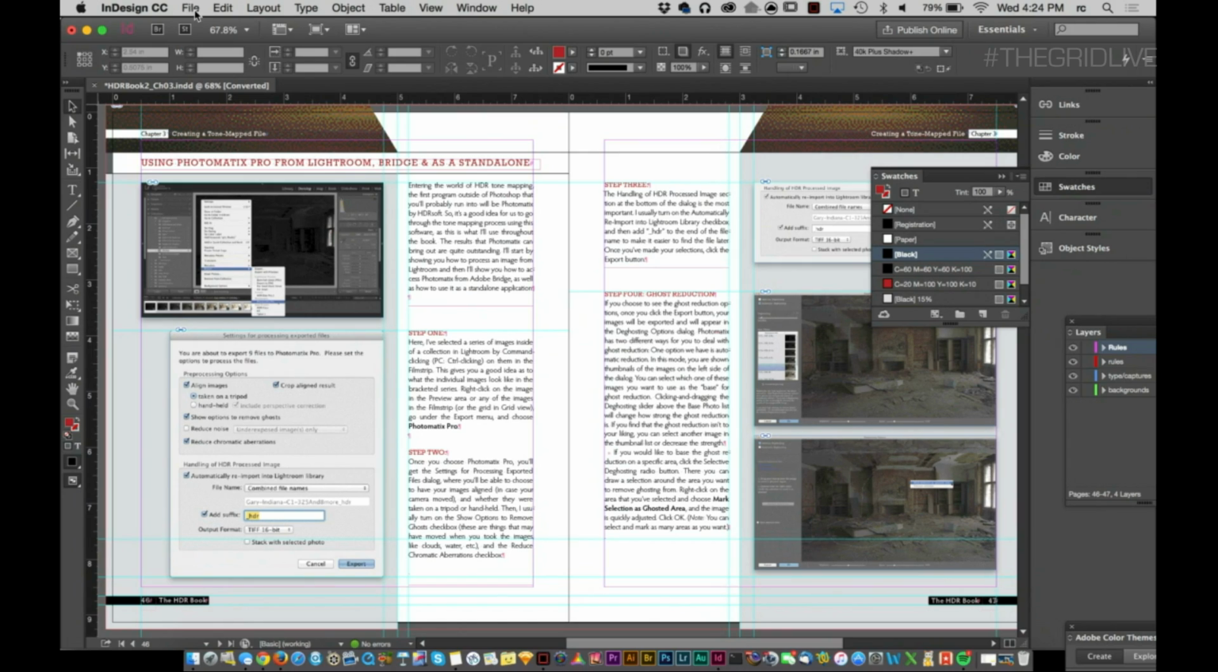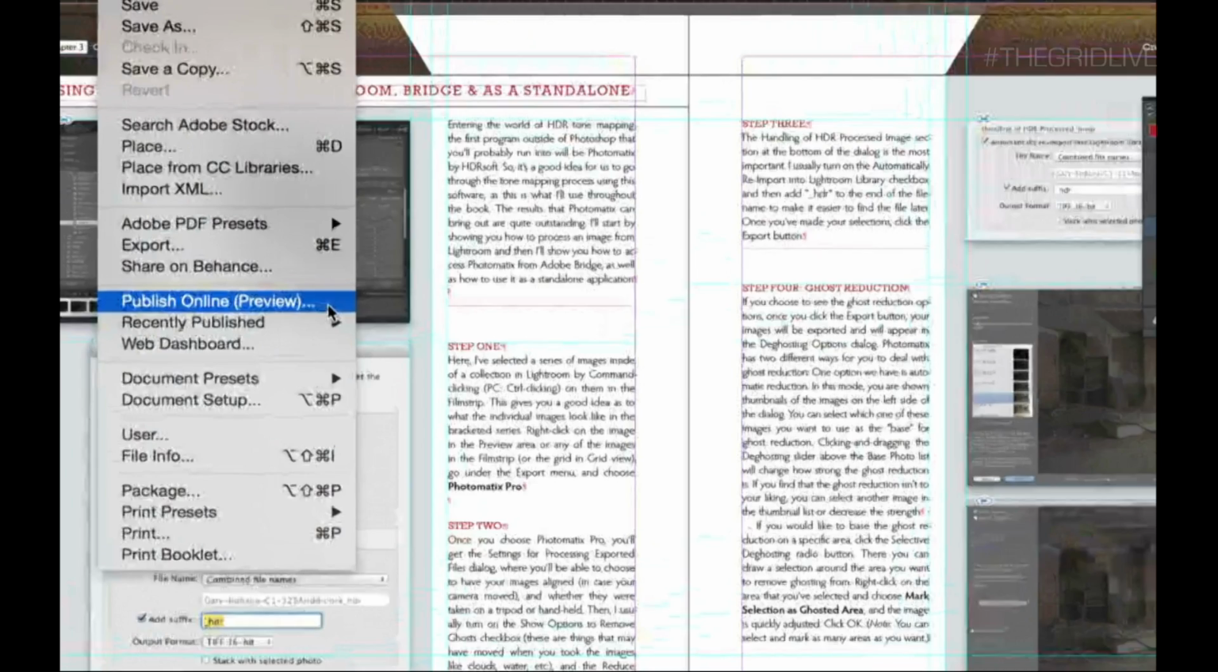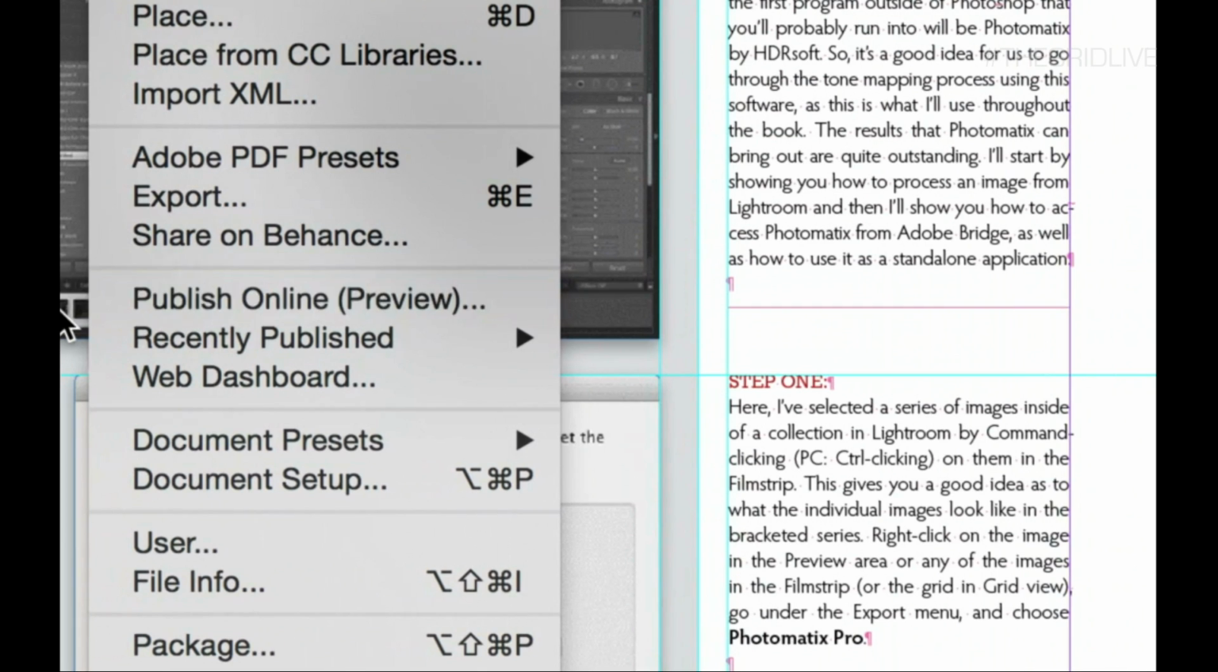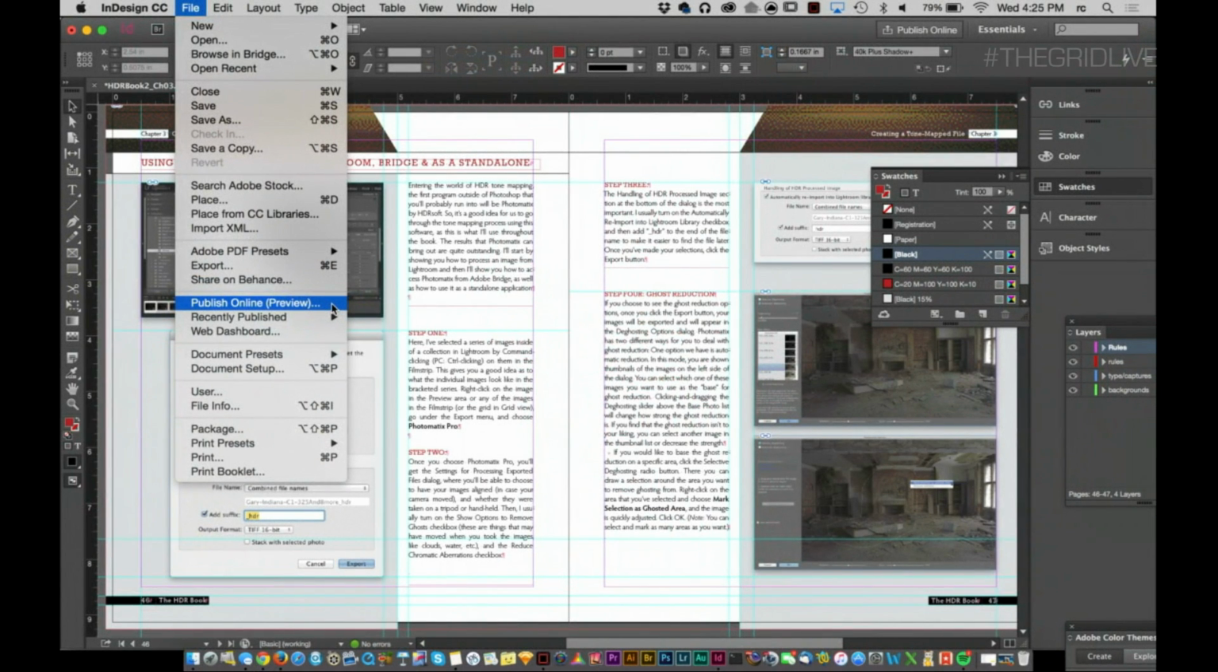I spent a lot of time in InDesign. So imagine my surprise when now you have this option over here called File, and right off the bat, you can do something called Publish Online Preview. Take a look. This I thought was really neat. It's one of those little things where you're just like, imagine that. That's kind of cool. So you can have an entire InDesign thing laid out, and you just go to Publish